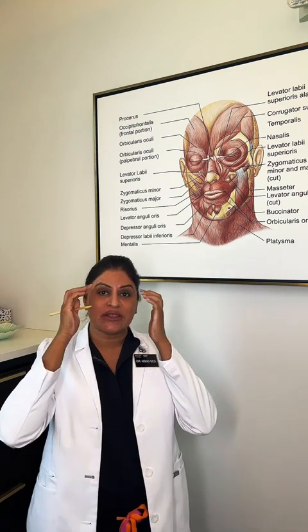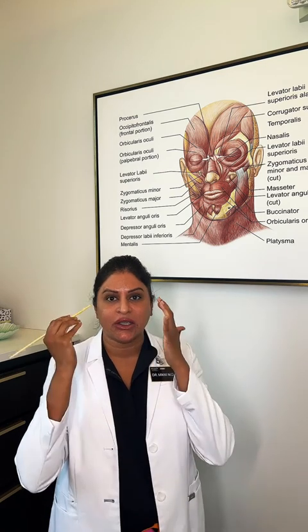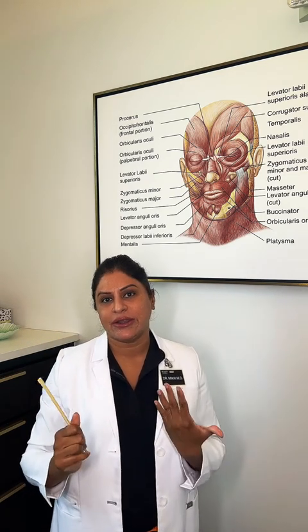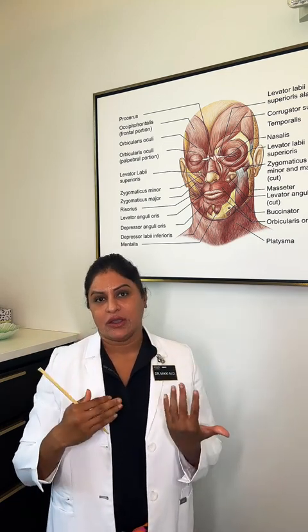Once the temple is done, the other very commonly done area is the cheek. I like to limit cheek fillers to when you have very flat or no cheeks. Fillers, the way